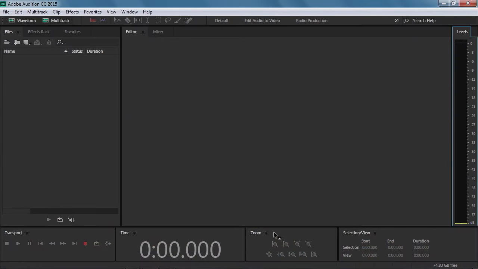Okay, so I'm back here in Audition, and once again, one of the more important things for me to have is this levels meter over here. Now, this is going to tell me the decibels, the amplitude that I'm recording, the volume. And if it gets too high, if it reaches up here at the top at 0, anything beyond that is distorting. Generally, where I like to keep it is between 6 and 9,